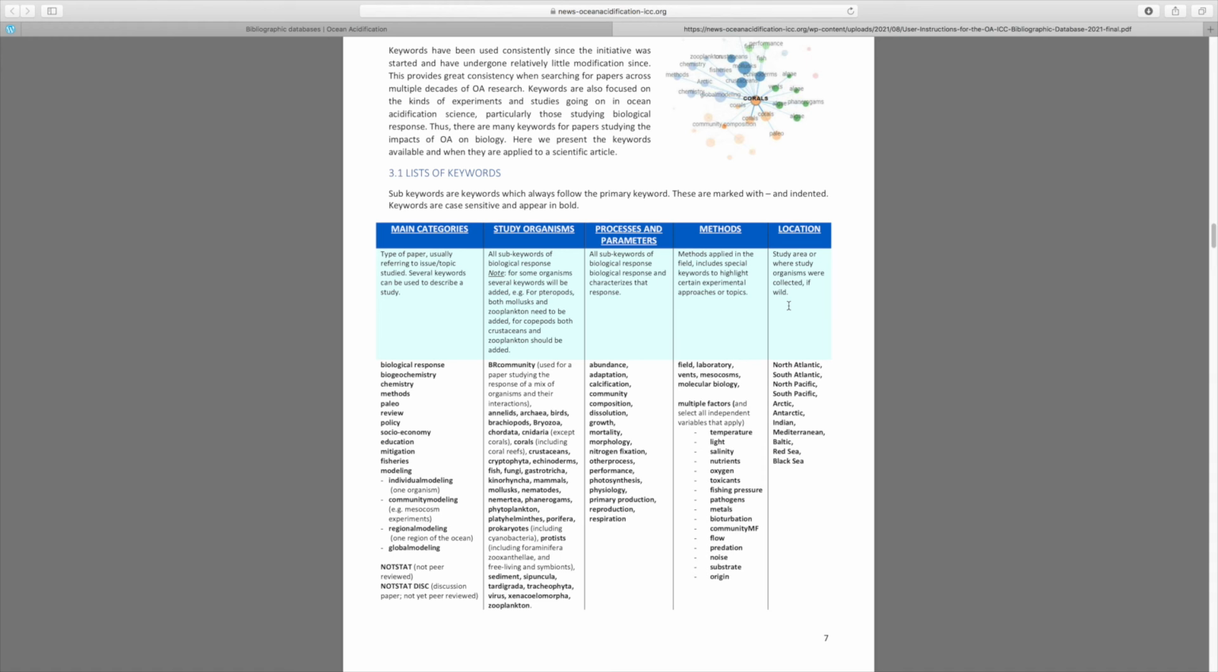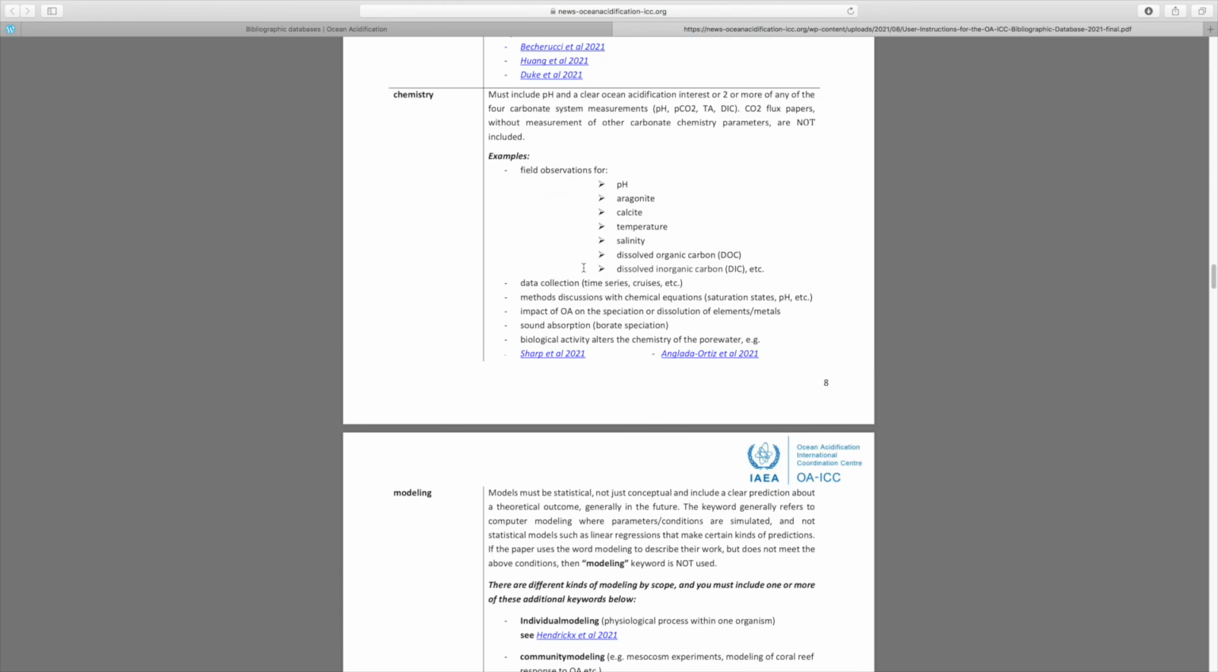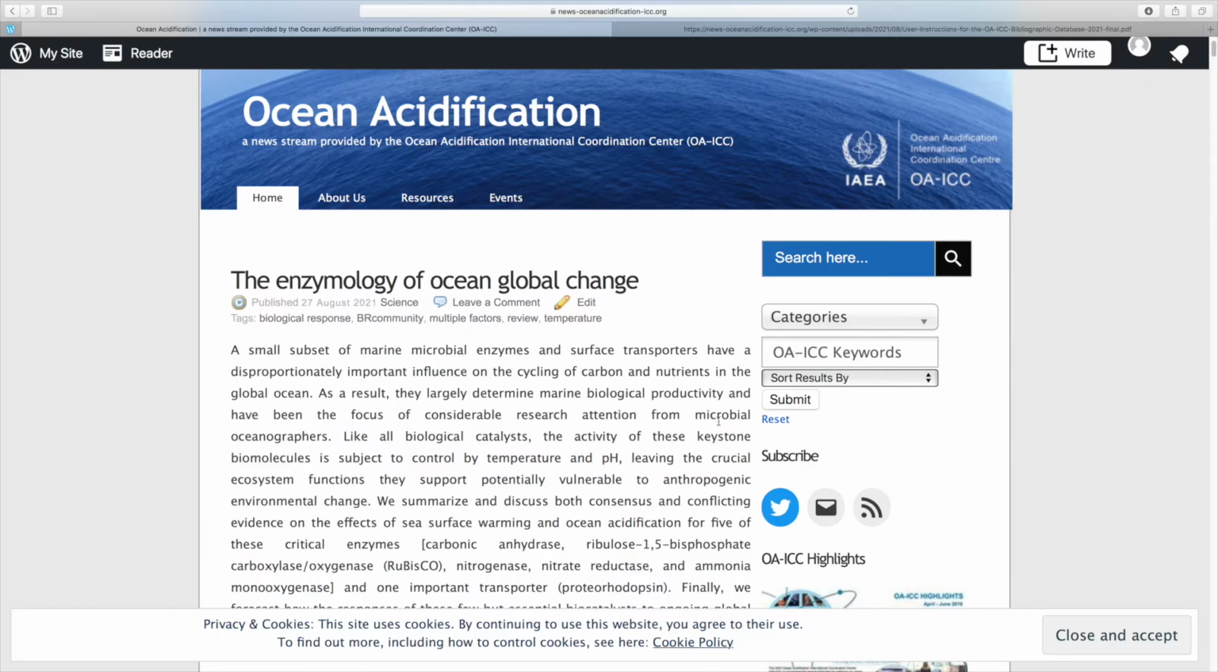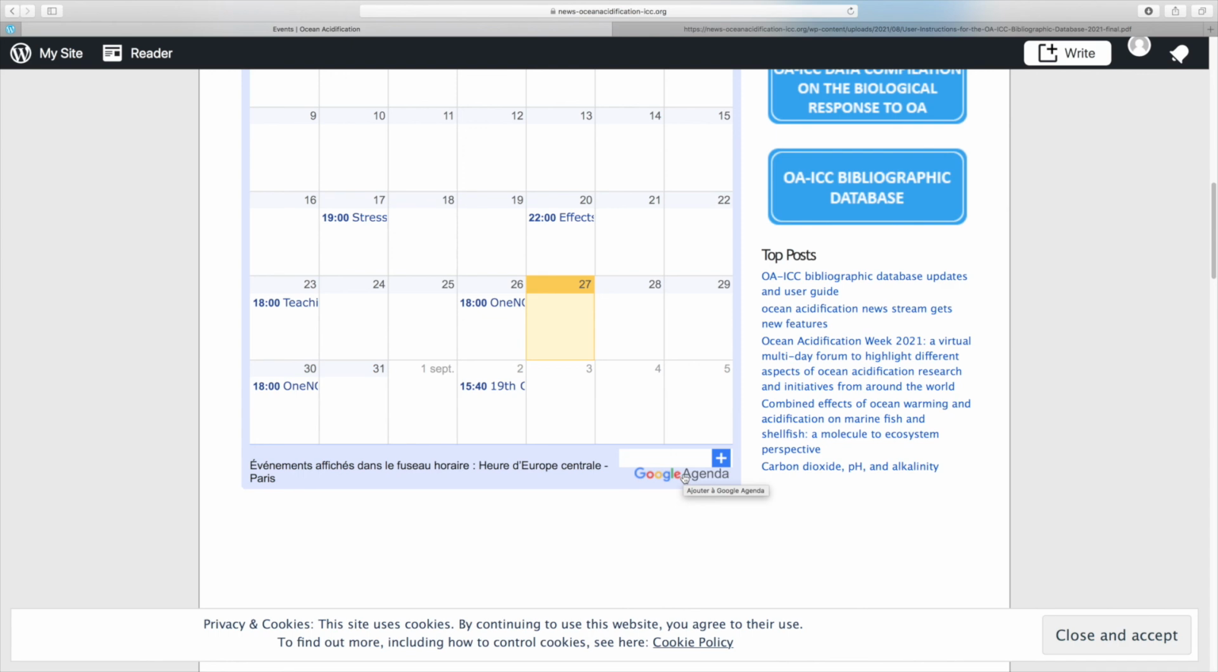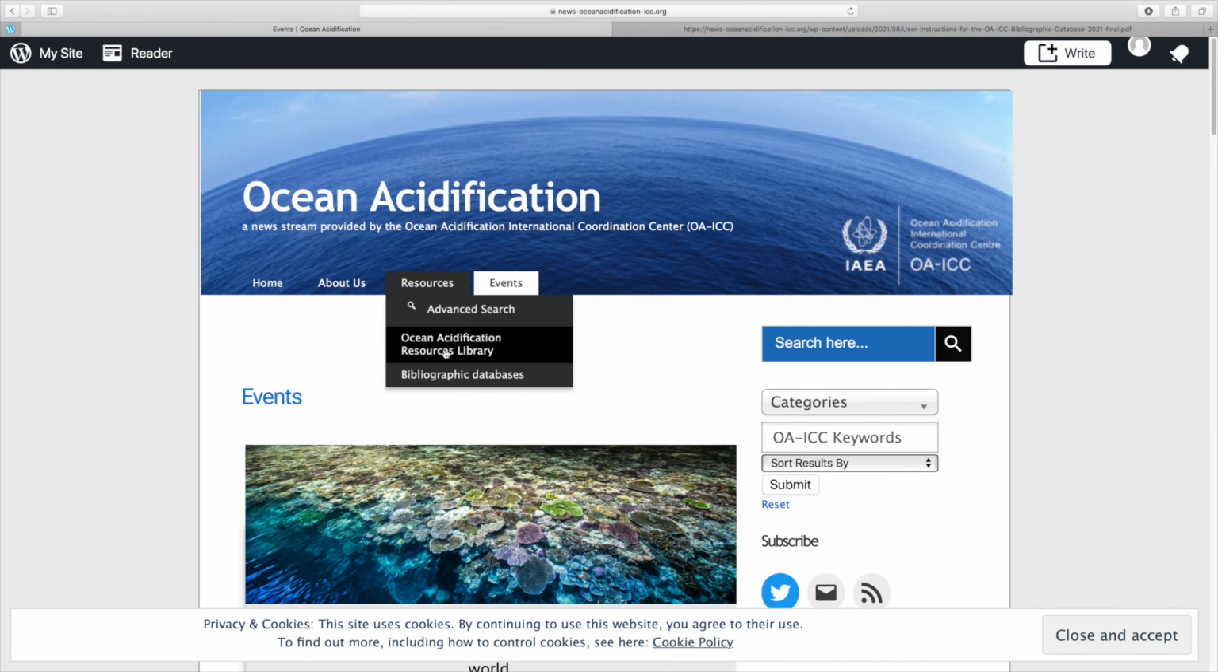There are many further details on keyword use, and you may continue reading for a deeper understanding of how each of these keywords are applied. To help you understand the keywords, we have linked to papers which we think are exemplary of what the keyword is trying to describe. While you learn to navigate our bibliographic resources, don't forget there's a lot of other digital resources that the OAICC offers. You can subscribe to our news stream, sync with our calendar, browse the resources library,